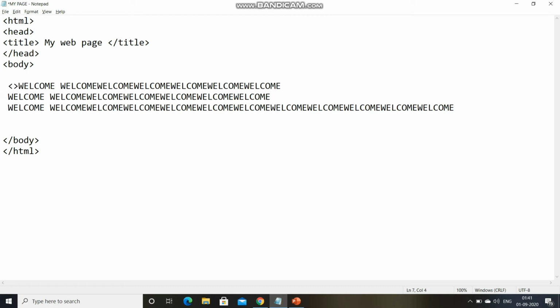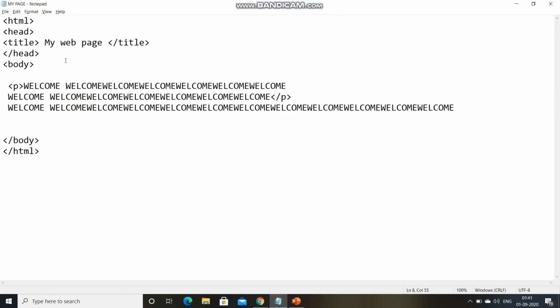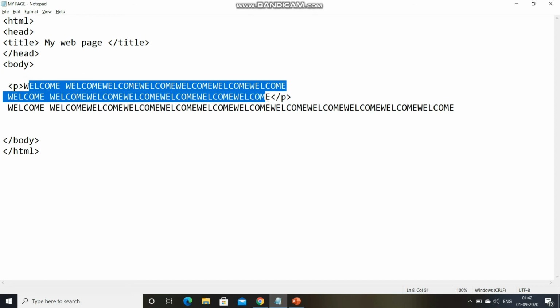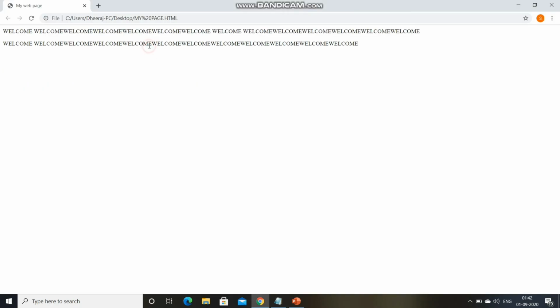The paragraph tag syntax starts with P and ends with /P. So for instance, if I write here P, paragraph, and I've written this, just see, now I have saved this by Control S. Now I'm going to the web page. Can you see these two lines are coming in one line only, and this slash P made a one line gap on the web page for this.